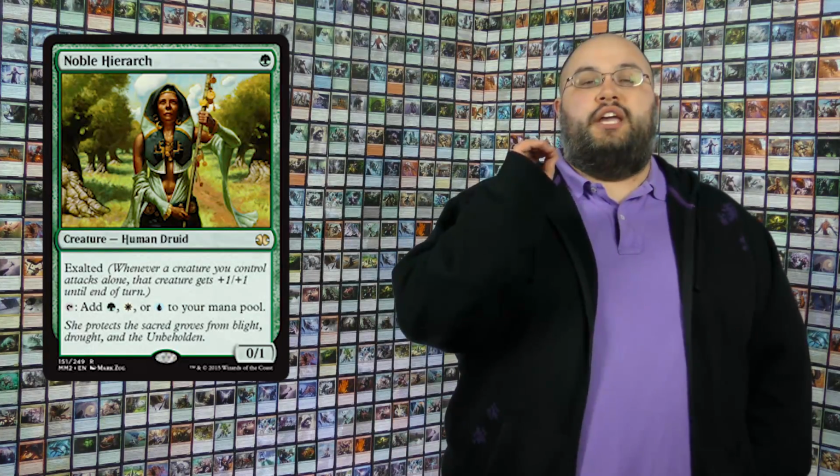Number 1, the card that needs to be reprinted more than any other in Magic right now. Let's see if you guessed correctly. If your guess was Noble Hierarch, you are a winner. Noble Hierarch is currently the 5th most played card in the entire Modern format, the most played creature in the